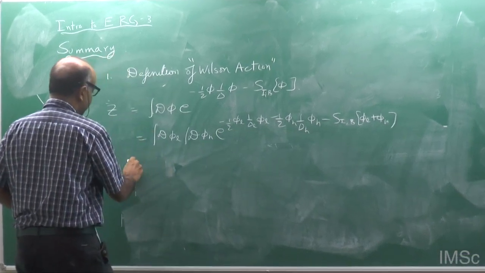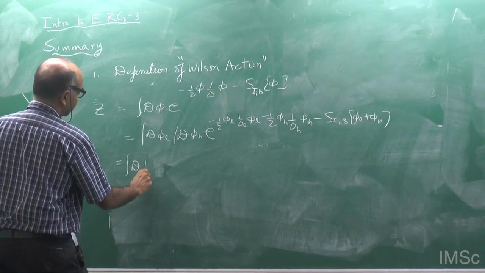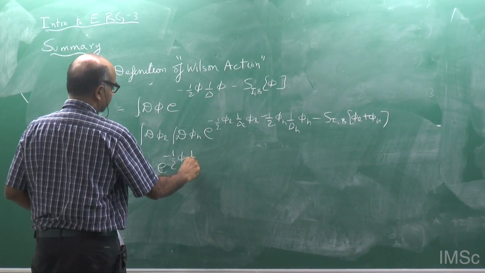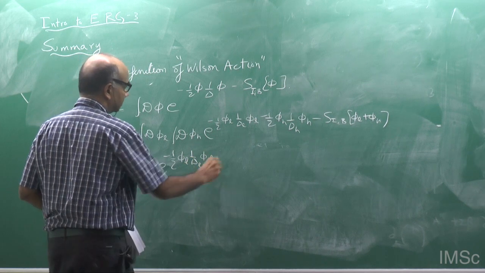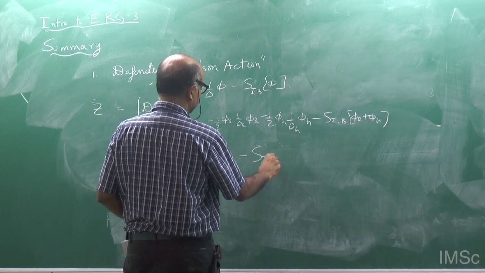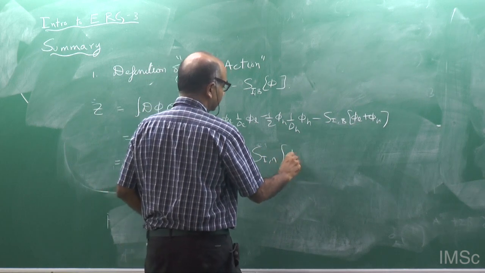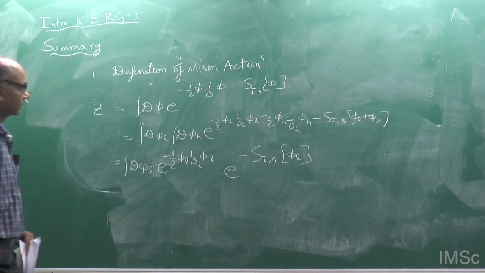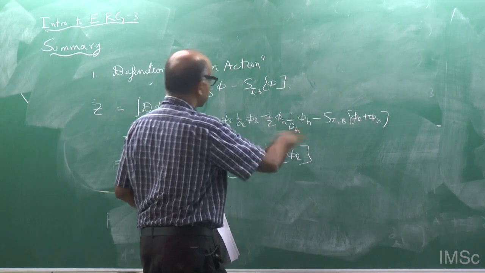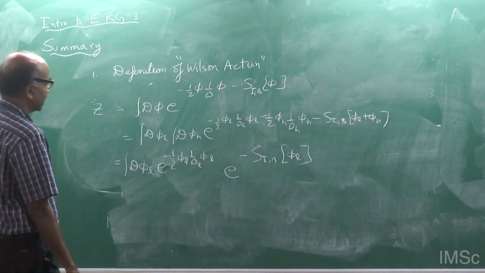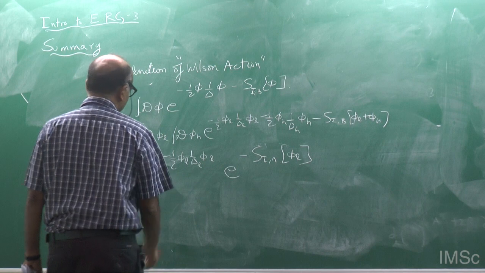Then we wrote this as, so the integral over phi h is done, and this gives you S lambda and the whole thing, and so